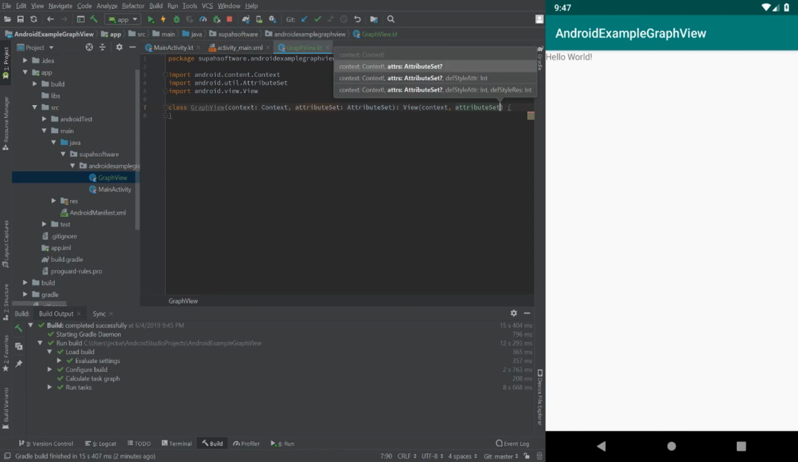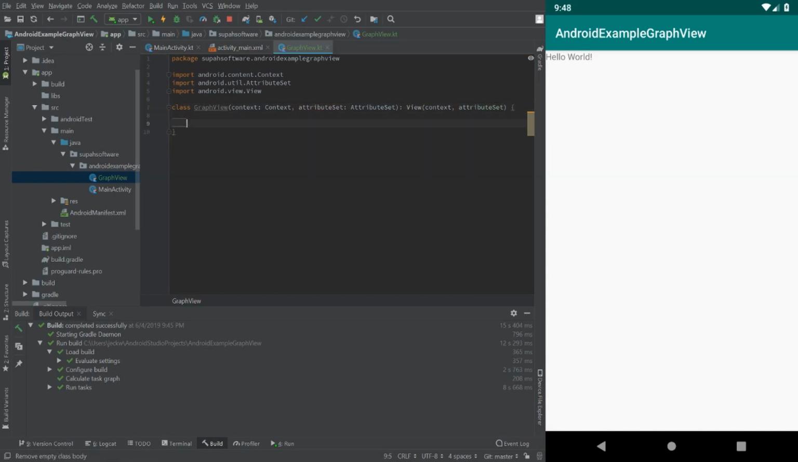So if we look at the constructor method for an Android view, the minimum you can take is a context. You can also pass an attribute set, but you can also pass in a defined style attribute and a style resource. But we don't need those two. We're just going to be starting with these two for now. Cool. So with that being said,